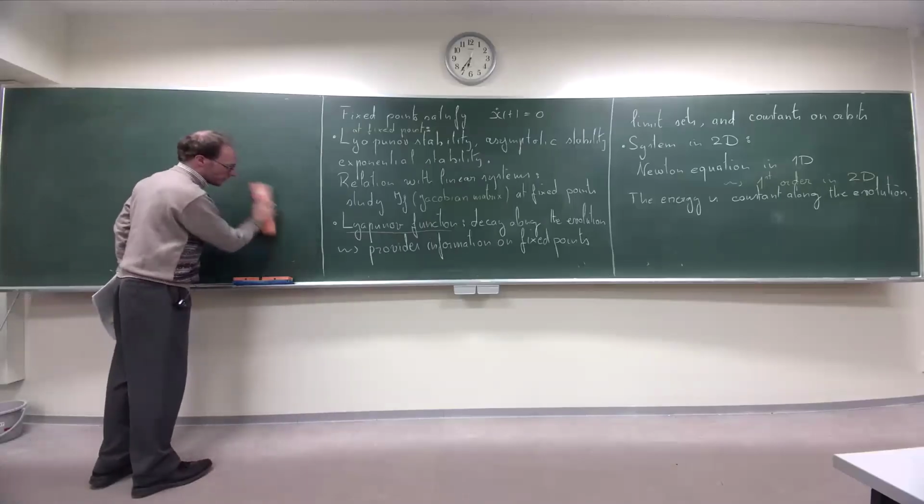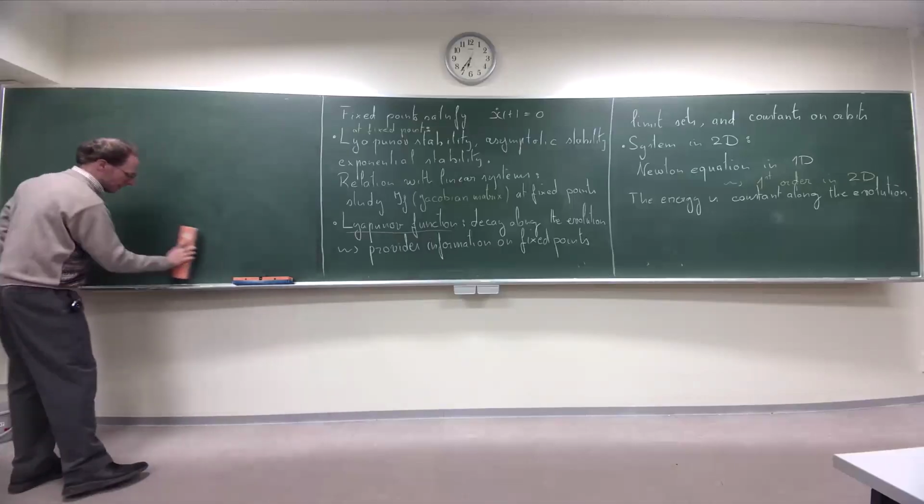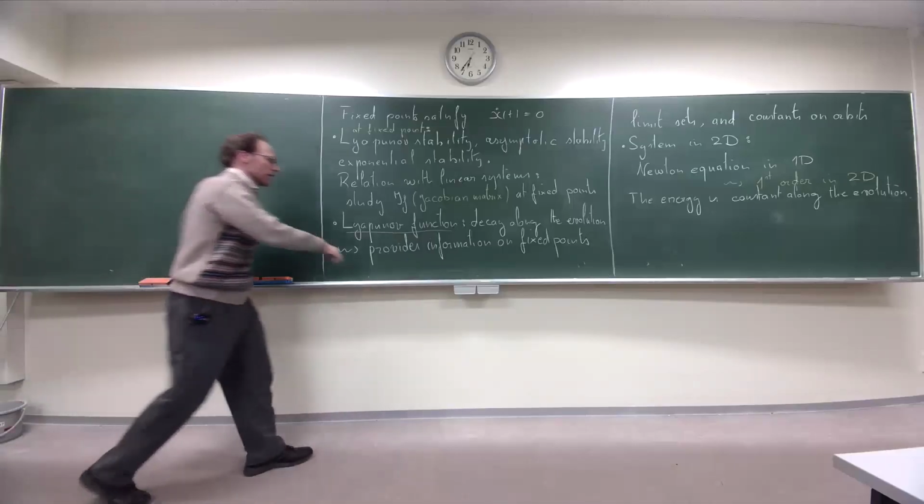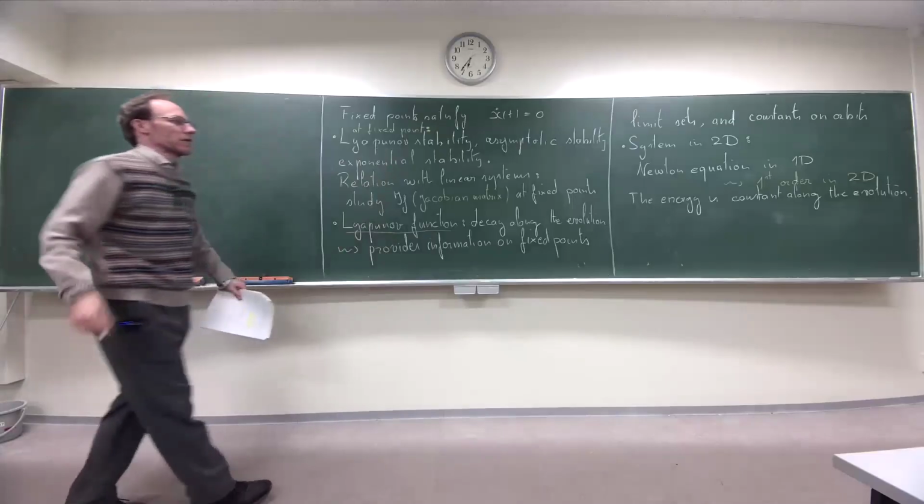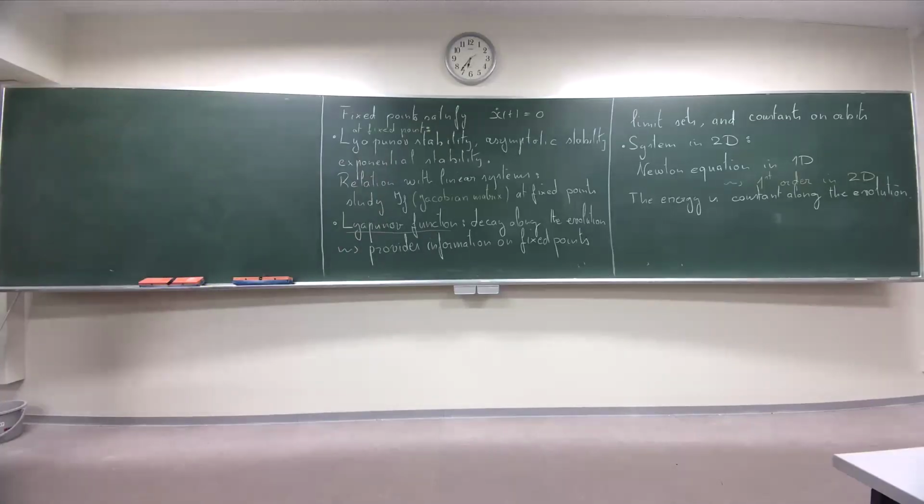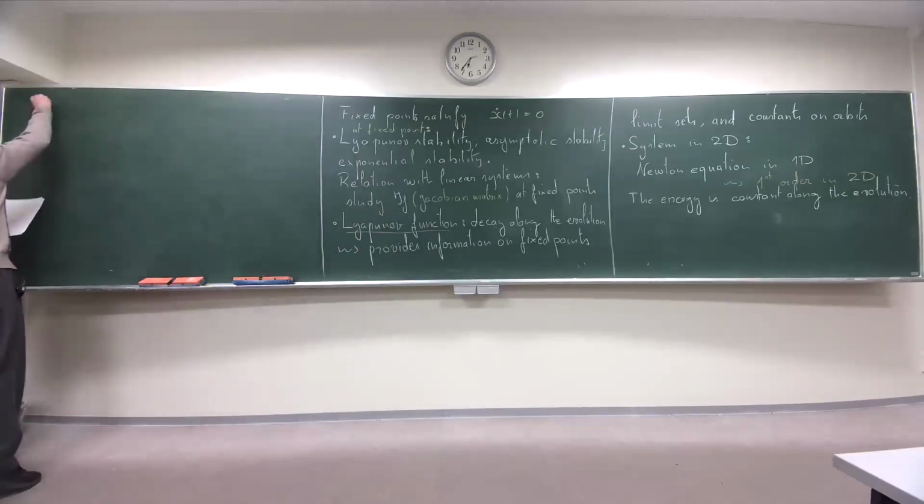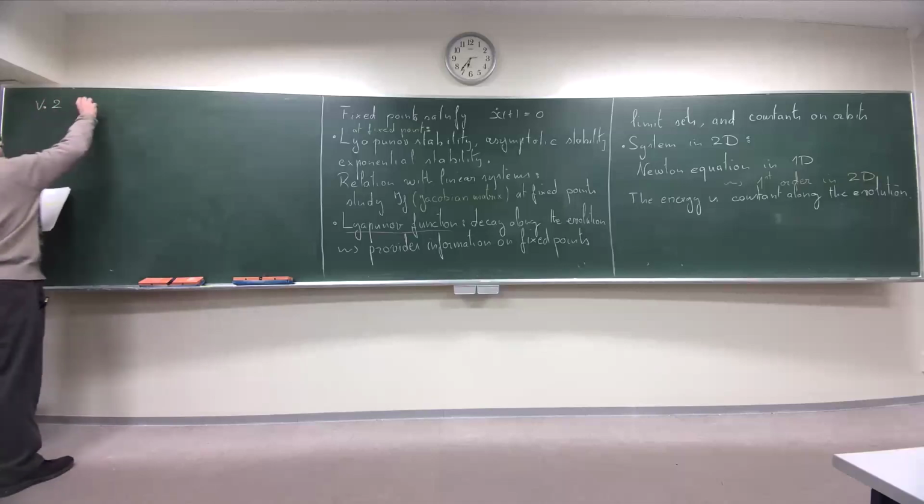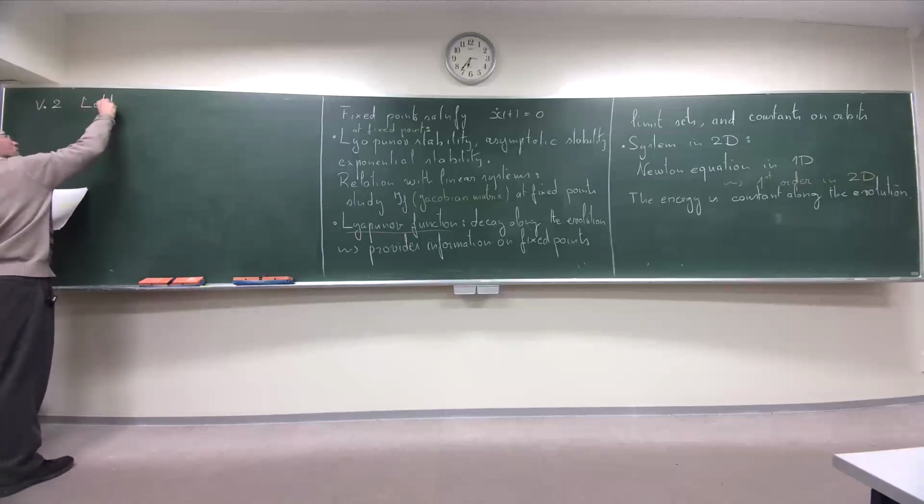And always try to keep in mind some pictures. This is the most important thing. If you have in mind some pictures, then you can reconstruct part of the theory. So the second example in 2 dimensions is a famous example,